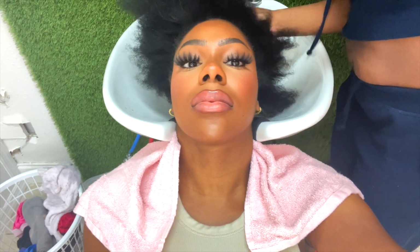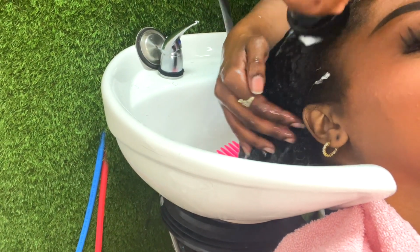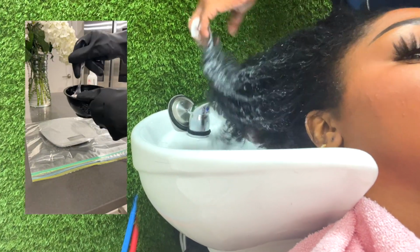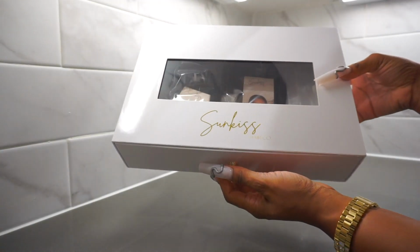One thing I recently started implementing into my self-care routine is getting my hair done. I gave up wigs, I'm getting sew-ins now, and I have to go to a hairdresser to get that done. I've also been dyeing my hair jet black. Y'all, jet black is elite on dark skin. I love it. I have a tutorial on my TikTok and Instagram on how I did it, but I also